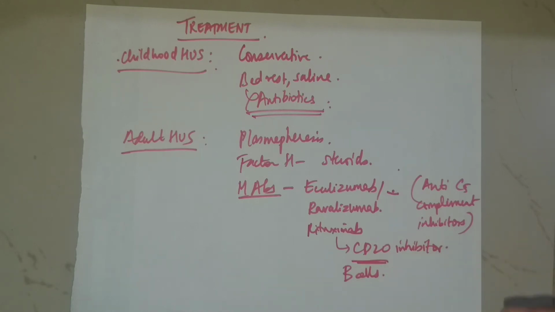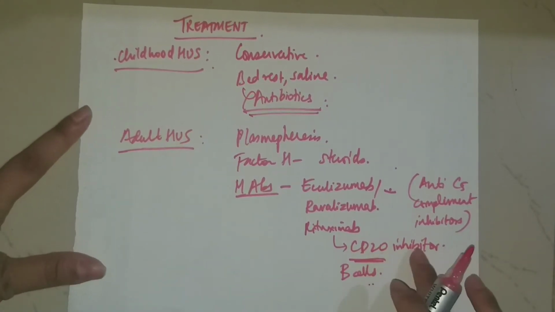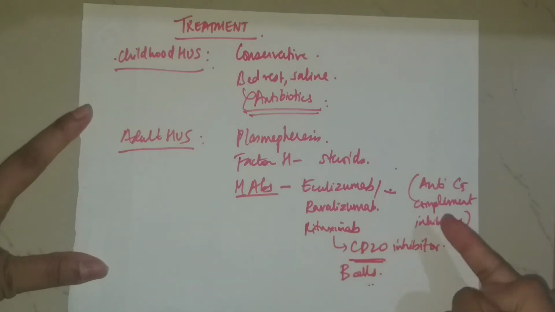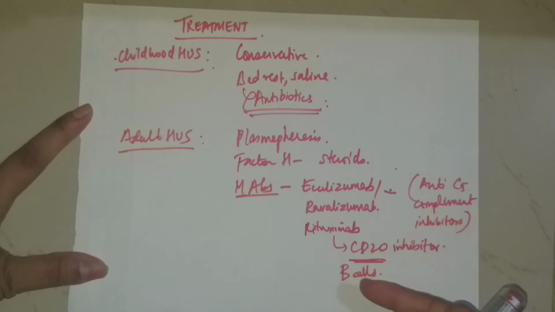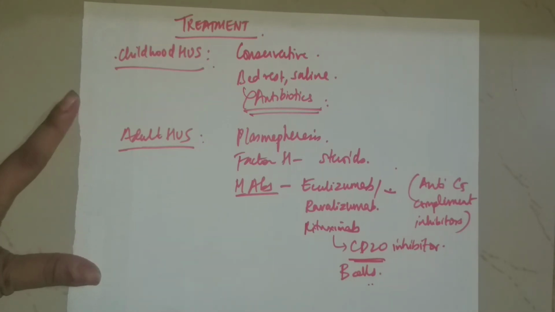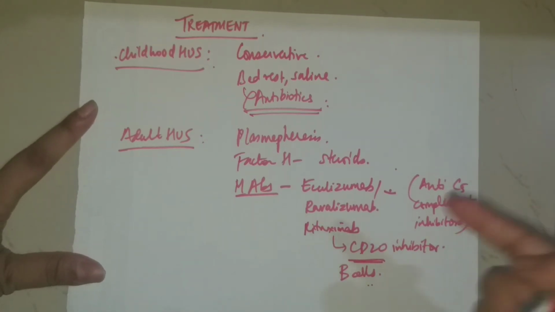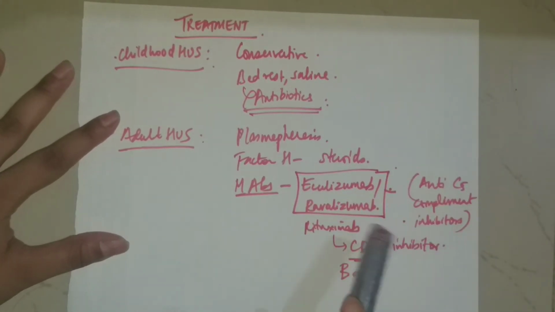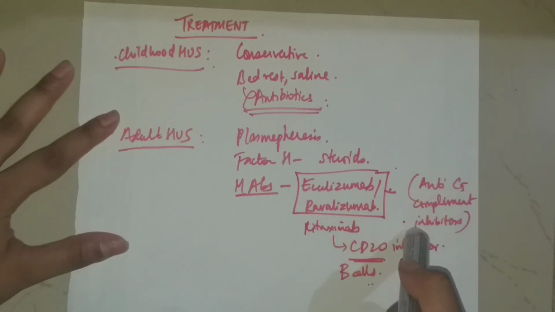Infection causes a conversion of B cells to plasma cells, which are specific to the infection. So rituximab will inhibit the B cells, and this is usually in cases of autoimmunity, where autoantibodies are produced, to prevent that. But mostly it is eculizumab or ravalizumab, anti-C5 complement inhibitors, which are found to be